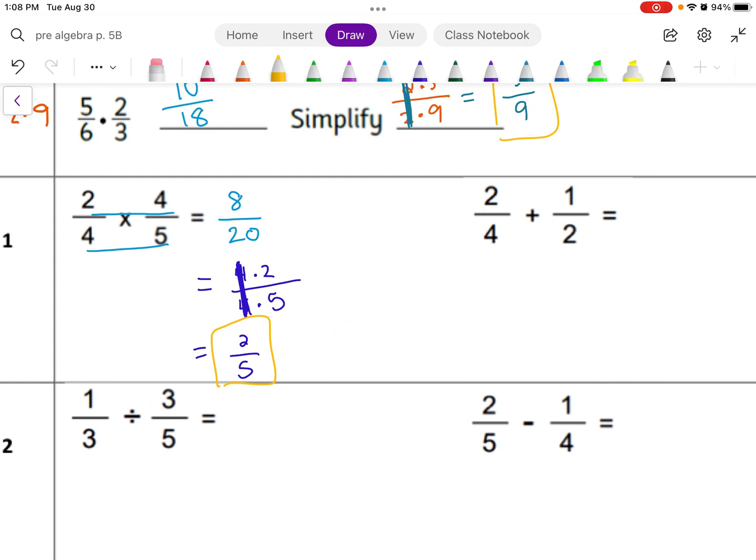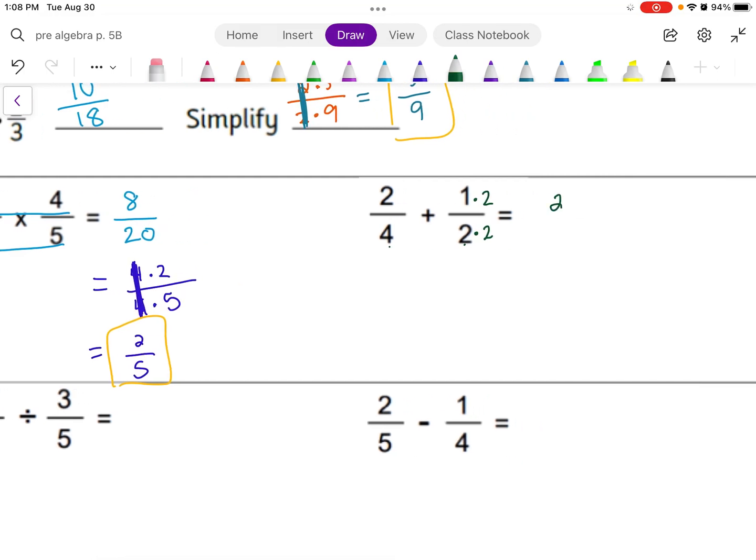If we want to add 2/4 plus 1/2, well, the first thing we need to check for when we're adding or subtracting is a common denominator. So we have 4 and 2, which means we do not have a common denominator. So we need to think about the lowest common denominator, which in this case would be 4, because 2 goes into 4. We would need to multiply by 2. And remember, anything we do to the numerator, we also need to do to the denominator to keep our fraction equivalent. So we could rewrite this as 2/4 plus